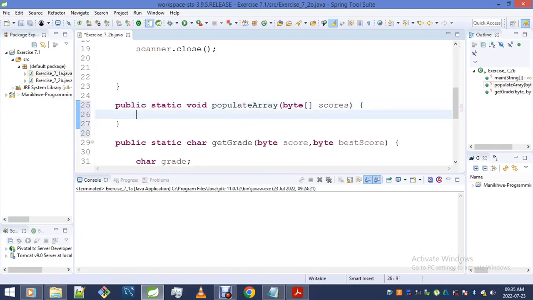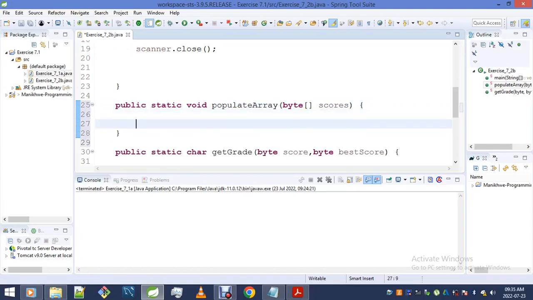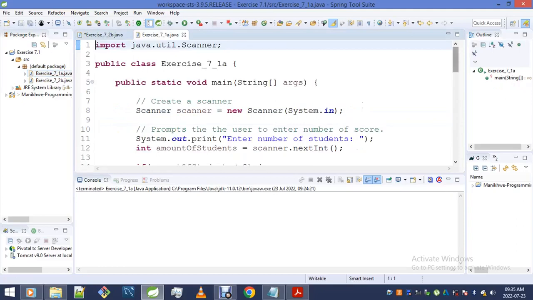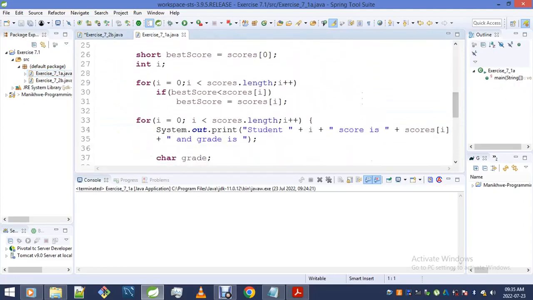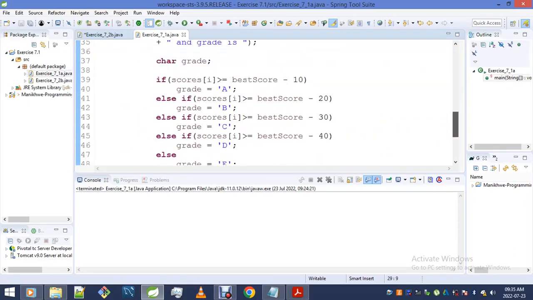What it will then do, it will simply populate our array. And again, for the sake of taking as minimum time as possible, I'll copy some of the stuff here. Okay, if I want to populate my array, I'll have to go